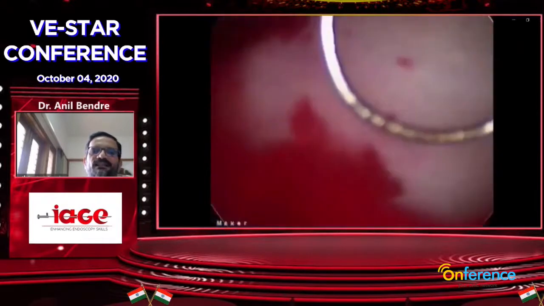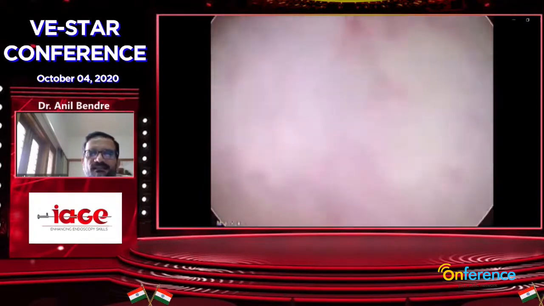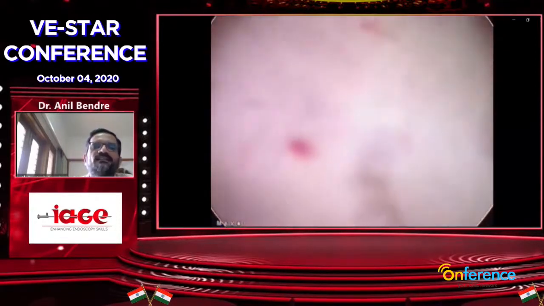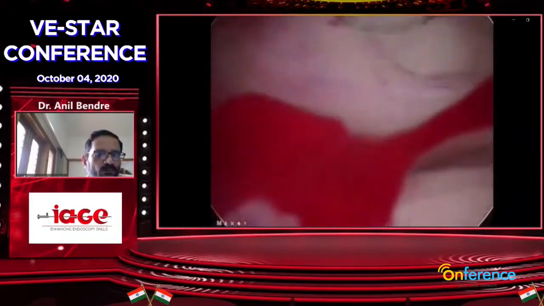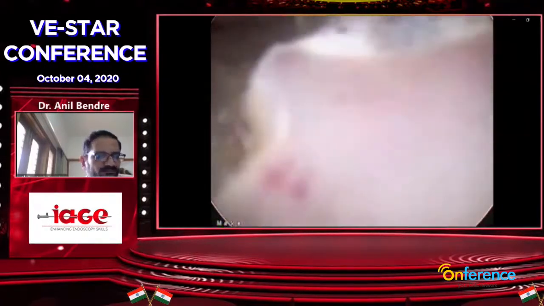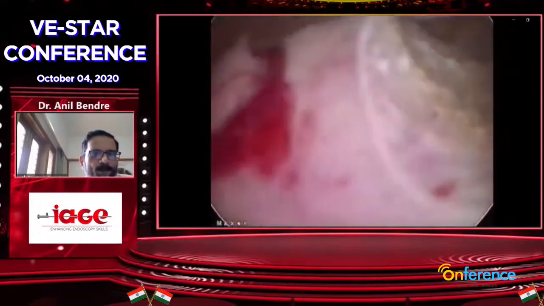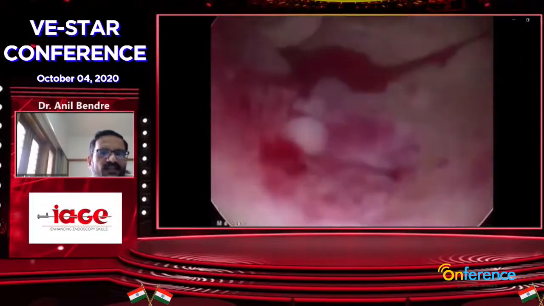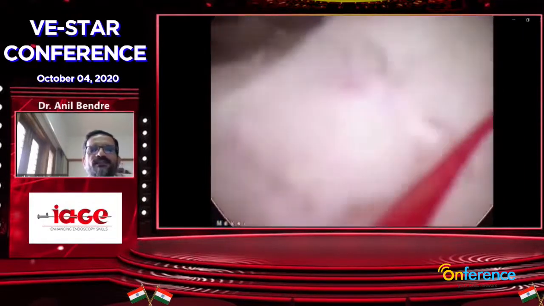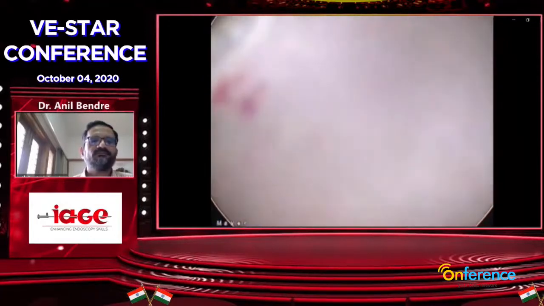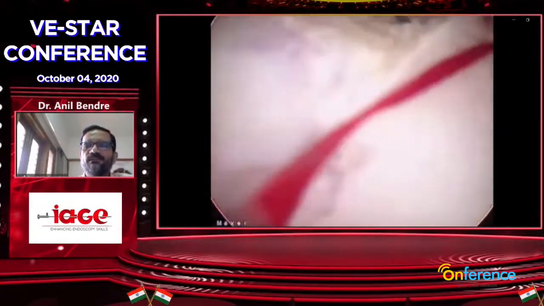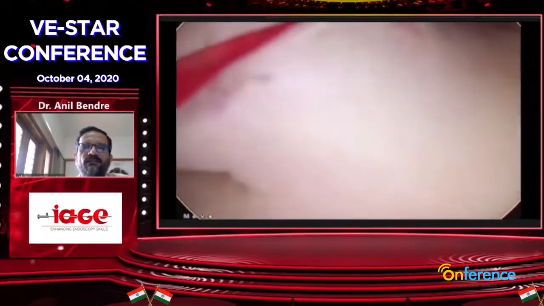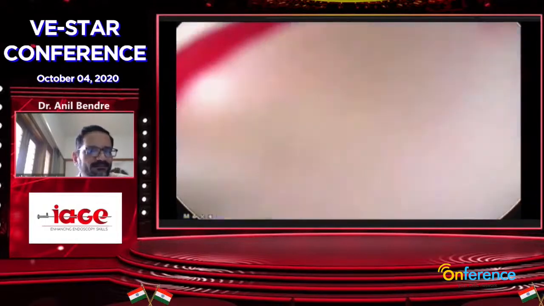Small polyps can be removed easily with scissors. Polyps which are smaller than 2 centimeters can easily be removed with the help of scissors, but a bigger polyp like this has to be removed with the help of a bipolar loop, as is shown in the video. Women taking OC pills and obese women have a high tendency to have polyps. 95% of uterine polyps are benign, but sometimes they can be malignant. Of course, histopathology will help in diagnosing the malignant polyps.